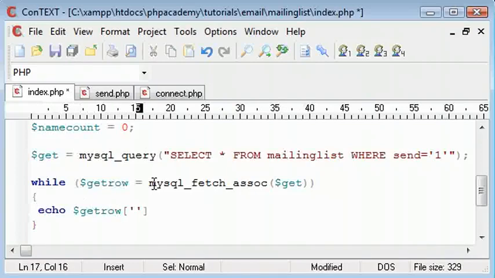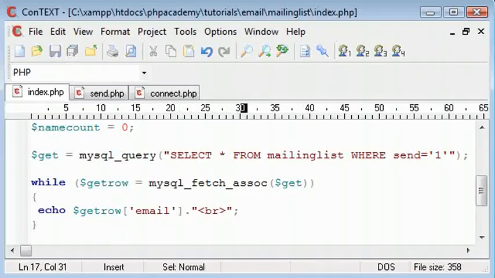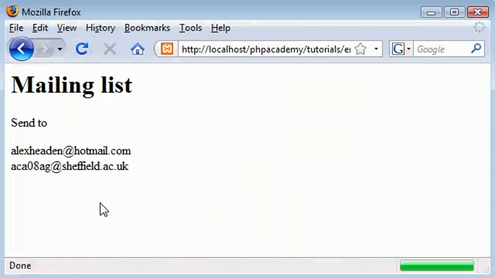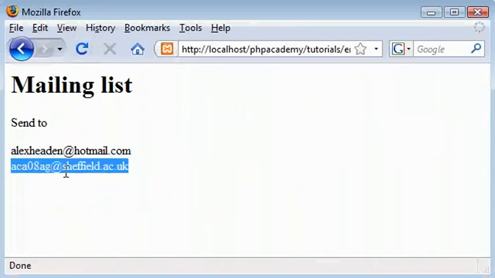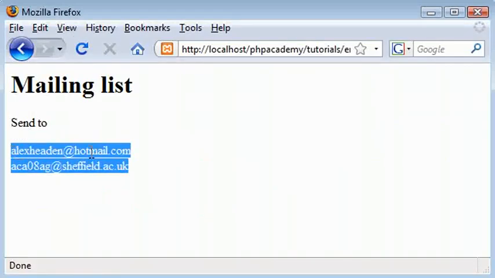let's say email, and then we can, let's say, concatenate using a full stop, a line break after that, and then obviously if we run this code, you can see that we've got our email addresses out here, as well as our header and send to. There you go. But what we need to do is we need to put these into some kind of checkbox